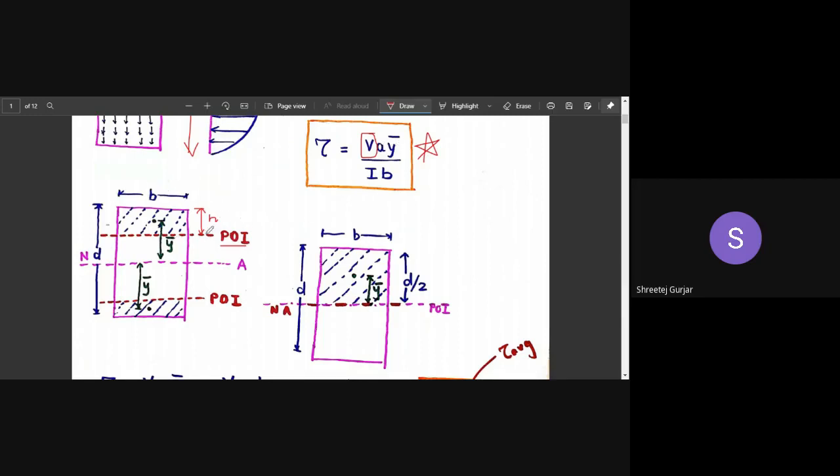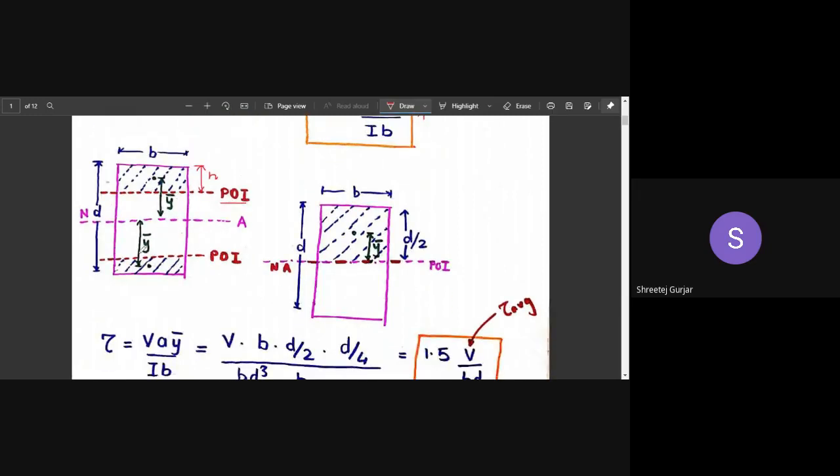And what is Y bar? Y bar I have denoted over here. You can see it is the centroid of this area. This point I have marked. The vertical distance from the neutral axis to this centroid is Y bar. And if this plane of interest is below your neutral axis, you have to consider the area from the bottom surface towards the plane of interest, calculate that area as I've told you, and Y bar will be from the neutral axis to the centroid of that area.